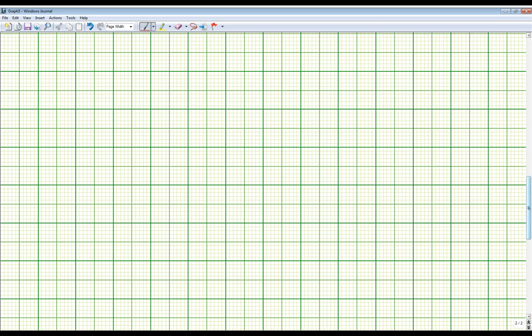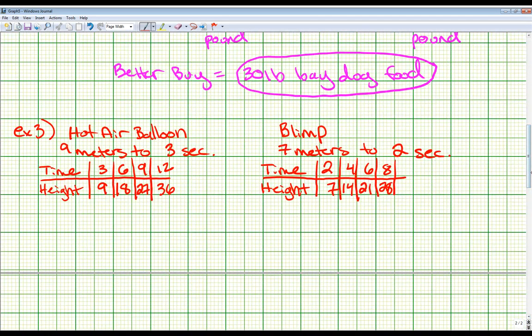So in the question, kind of going back and making sure we're answering everything it's asking us to. Question A says, complete the ratio table for each aircraft and which rises faster. So if I'm looking at this, 7 meters for every 2 seconds versus 9 meters for every 3 seconds. If I wanted to really figure out which one goes faster, I have to figure out, okay, well, is there anything that I can compare on these two? Well, if I look at this column right here,